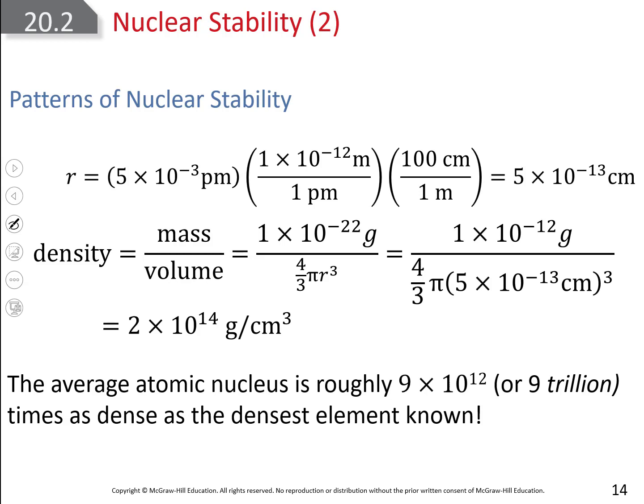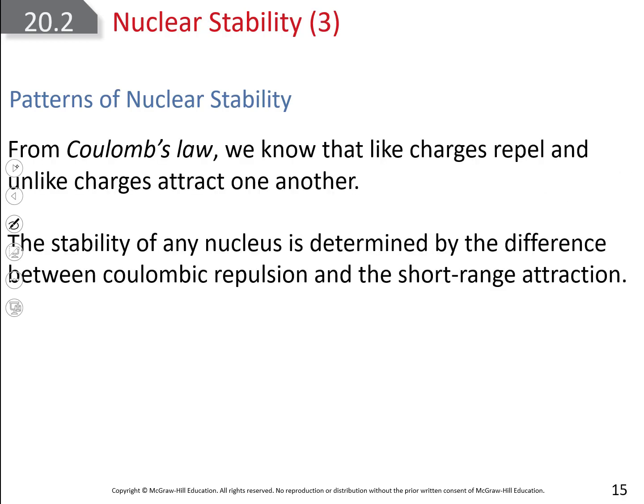So this is significantly more dense than we can even visualize or have a comparison to. That's how dense it is. So it's roughly 10 to the 12, or 9 trillion times more dense than the densest element we are even aware of. Extremely dense. So we know from Coulomb's law that Q1, Q2 over